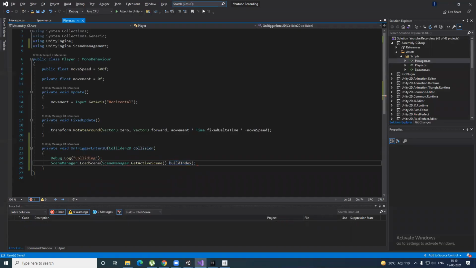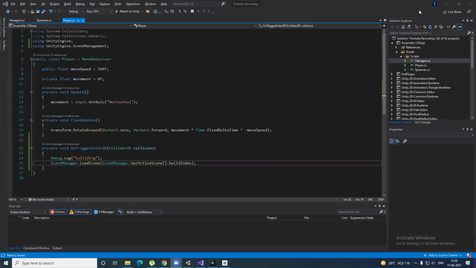So what does this line mean? SceneManager is a predefined library used for managing your scenes, such as reloading and all that stuff. We are loading the scene, and the scene to be loaded is specified in the brackets. We have to load the scene that is currently active on the build index. What is the build index? This is something to be discussed in much more depth and will be told once you join the full course.